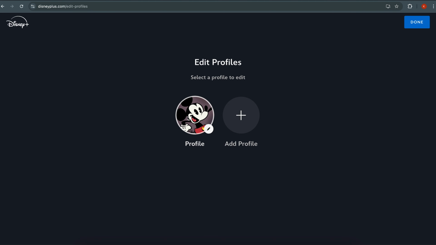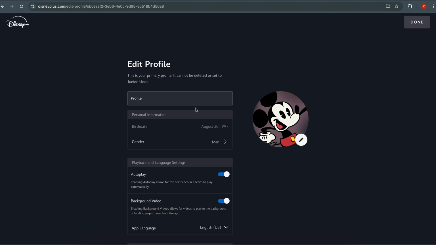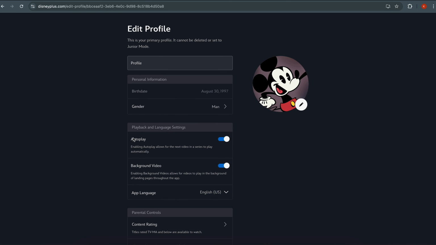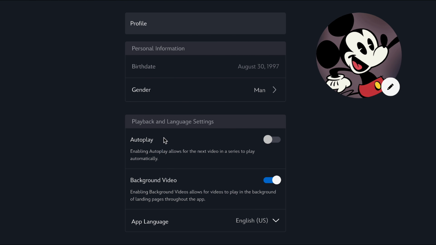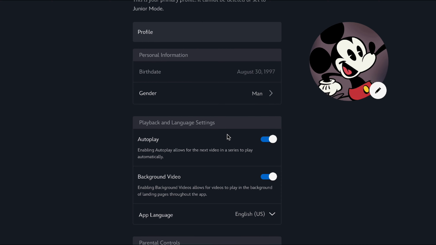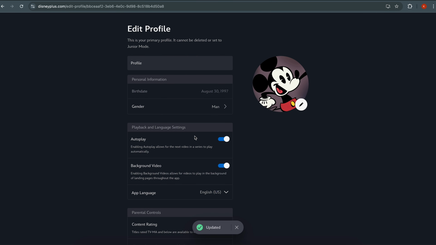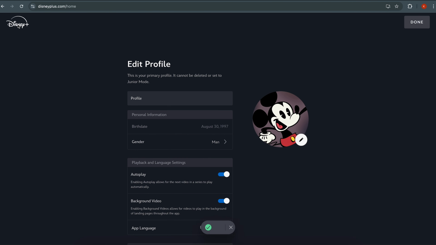So for example, I only have one profile. I can go in this profile, and if I scroll down, I'm going to see the autoplay option right here, and I can simply click here to toggle it off or toggle it on. So this is how you can turn off your autoplay on your Disney Plus, and now you can go back to watch your